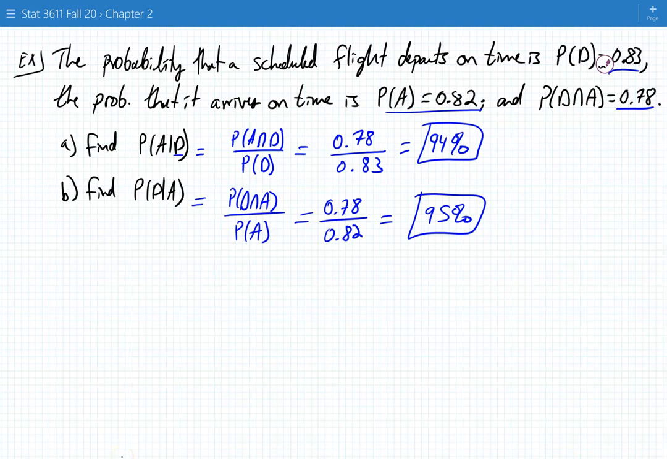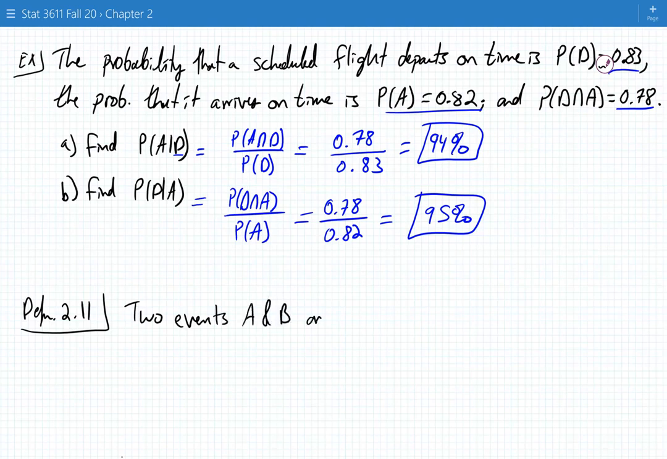All right. Definition 2.11. Two events, A and B, are said to be independent